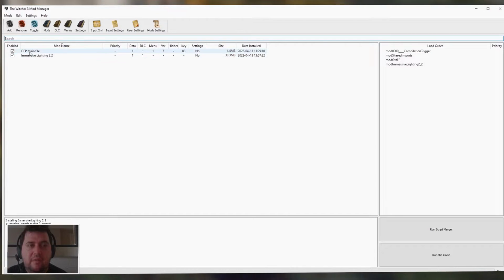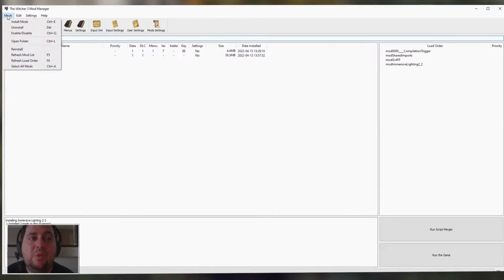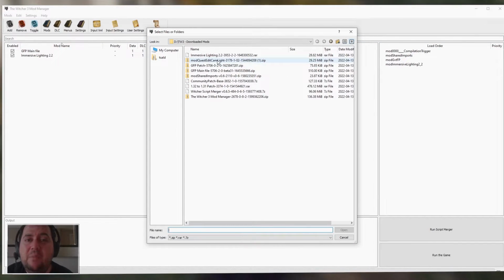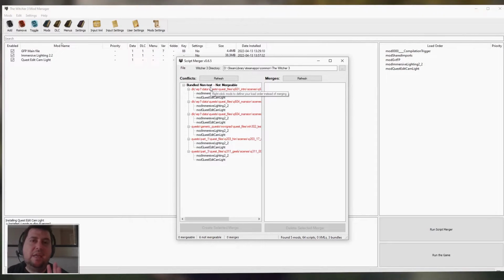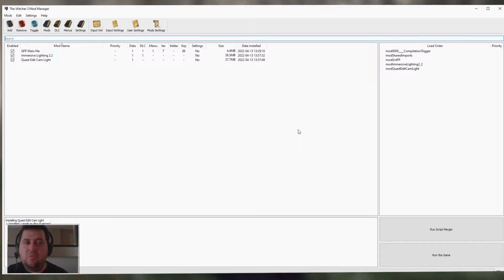So now we can see that we have first person and we have immersive lighting, but we also need to install the mod quest edit cam light. So let's do that. Yes, run the merger, and you can see that it shows you a list. There's some things that the script merger cannot touch. Most of the time, 99% of the time, it will just run smoothly regardless. But for some areas, we're going to install another mod that will show us this. It will give you some conflicts that you're going to have to resolve manually, and that's the main purpose of this video, on top of installing the first person mod and how to really look into mods